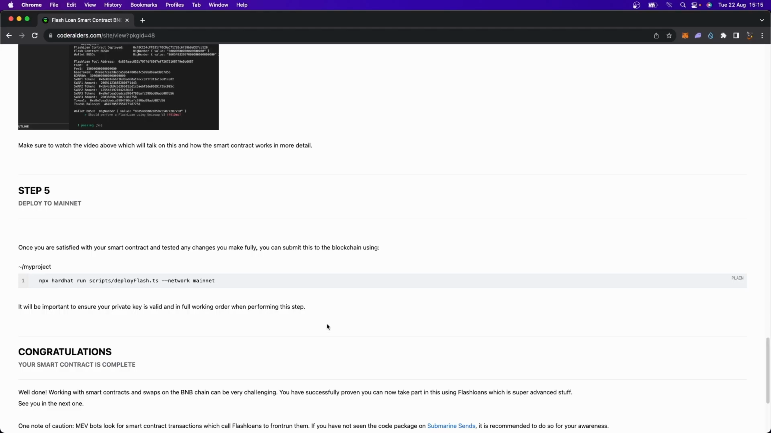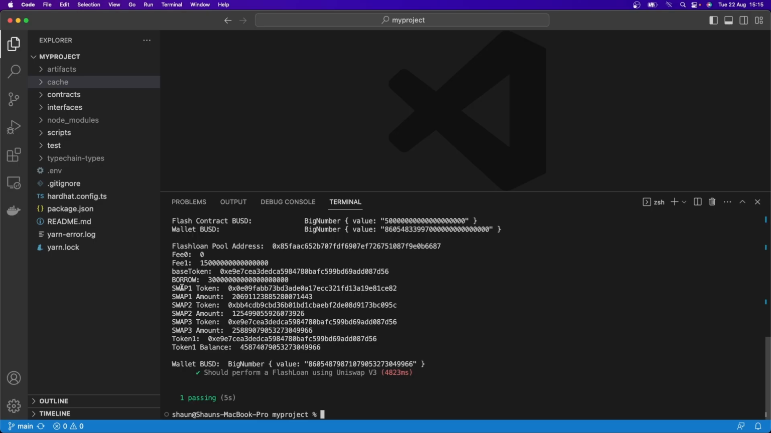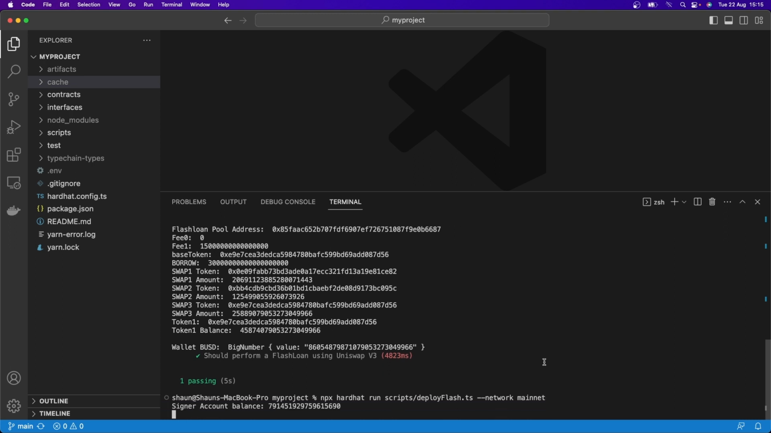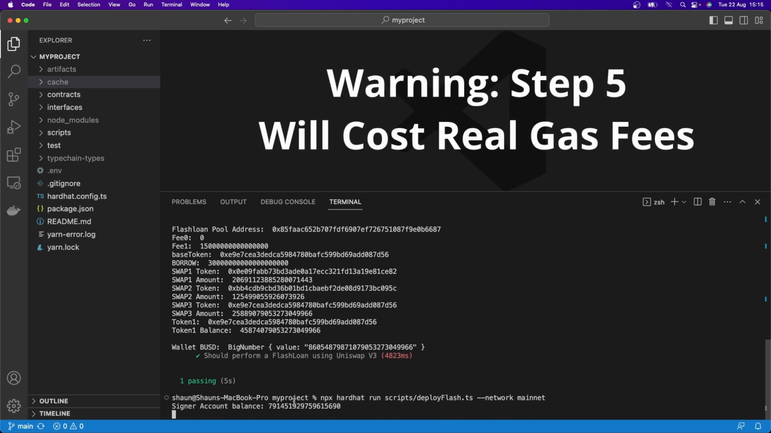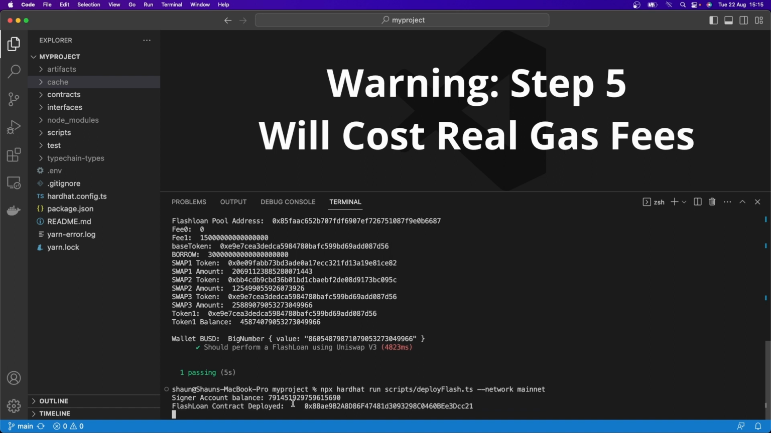But before we do that, I'm just going to show you here that step 5 works as well. In other words, deploying this to the mainnet. So what I'm going to do here is go npx hardhat run scripts deploy flash, and you can see here now I'm choosing the network to be mainnet. And so when I go and I run that as such over here, you can see that it knows my account balance and it's now deployed that contract to the actual mainnet. And actually, if you took, for example, this Flashloan contract deployed address, you would see this is now on the